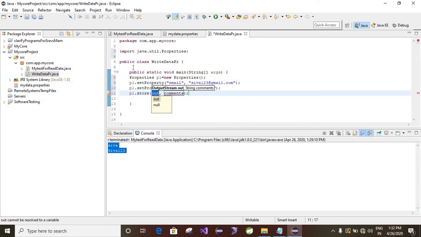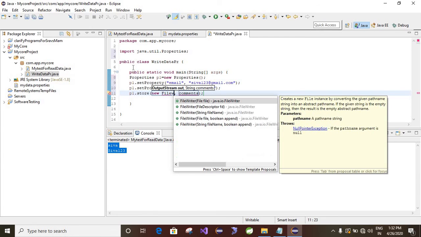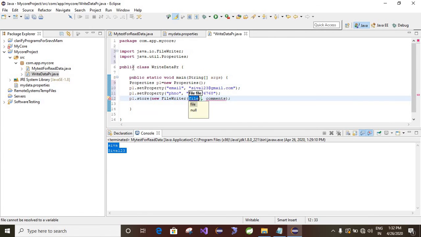For the store method, first you need to create a FileWriter object, then give the file name. File name is mydata.properties, which I already created. Then the comments, I have to give a comment, my properties.